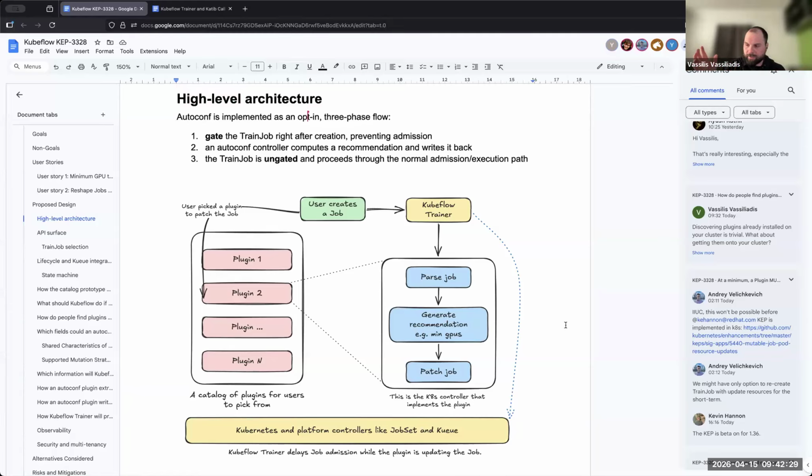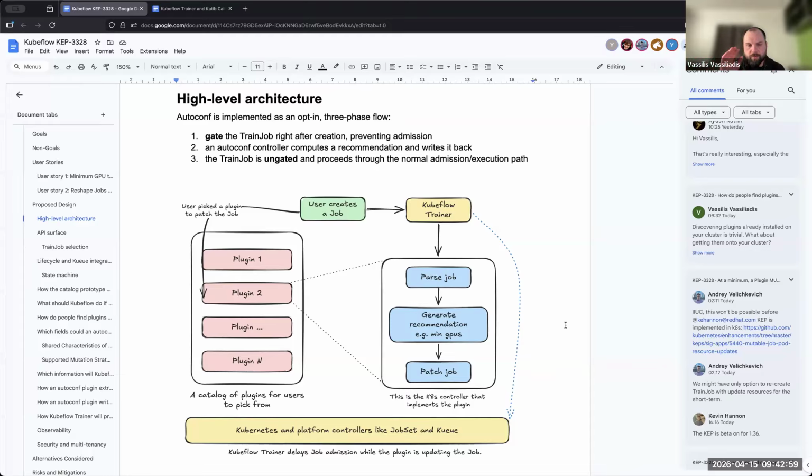That's dimension number one. Dimension number two is, if we make this extremely complex, then we might not be able to implement it, and thereby nobody will use it. So we have to balance these two dimensions and find the thing that would work well enough for people to try it out and then give us feedback and maybe improve it, against trying to implement something that's extremely complex and just doesn't work.